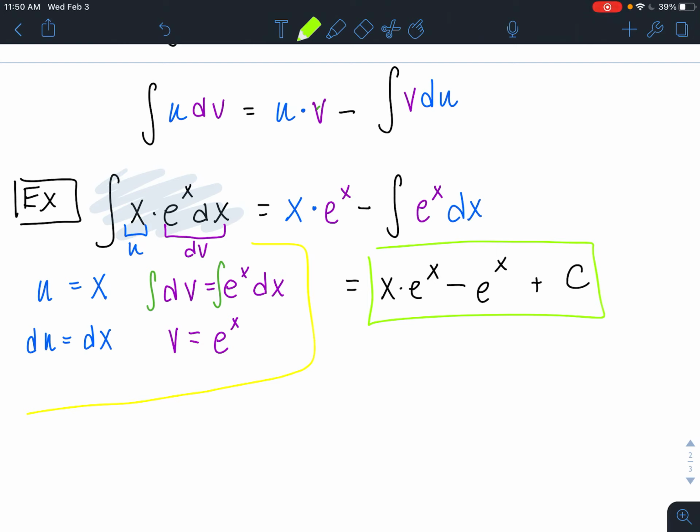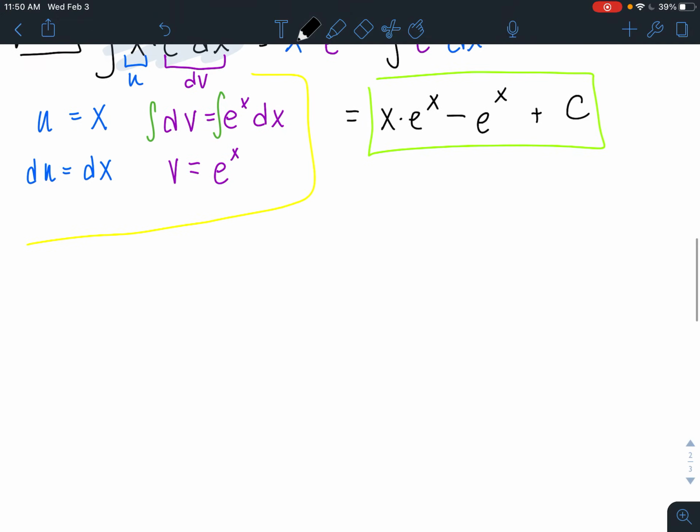Okay, so let's do a couple more examples. I want to cover probably 2 or 3 more problems. So let's do one more basic problem before we get into the more advanced stuff. So if we take the integral of x times cosine of x dx,